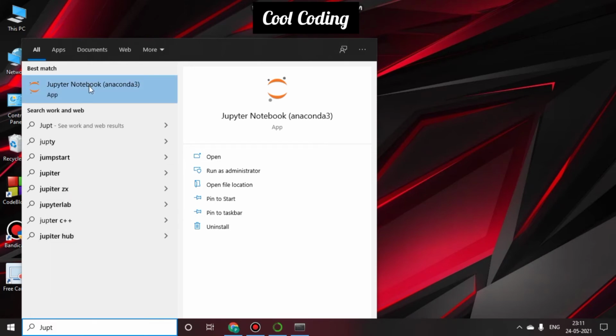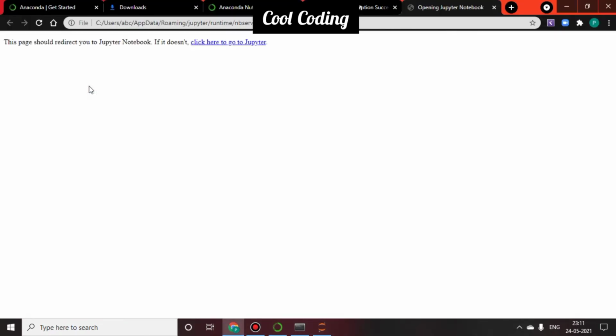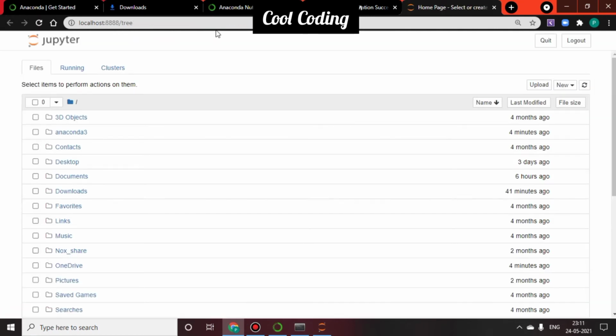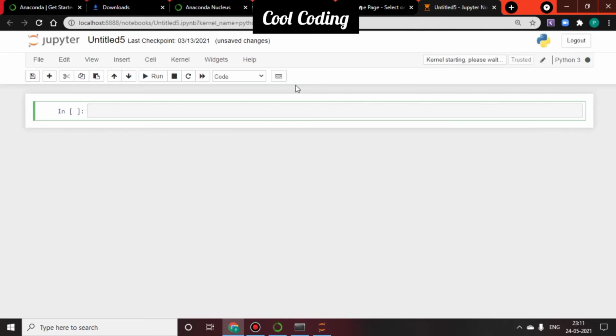You can see here Jupyter Notebook installed, and you can open it. You have to select Python 3 under New. You can see this is the notebook in which you have to write your program.